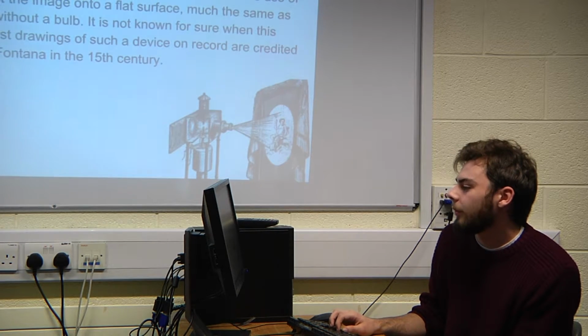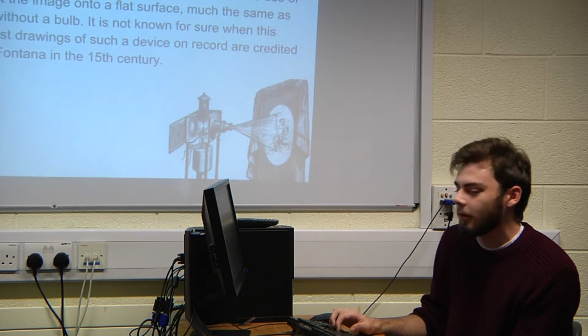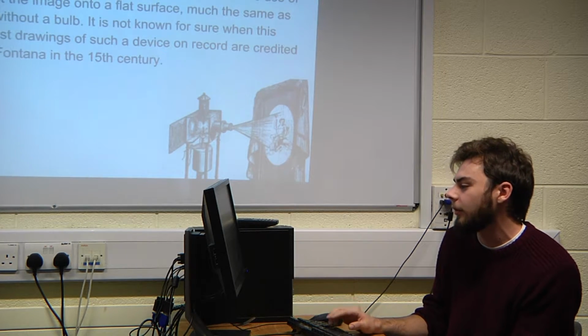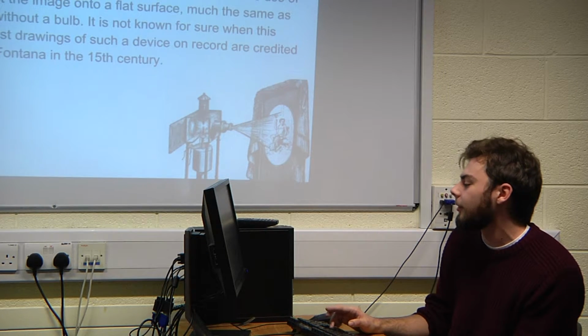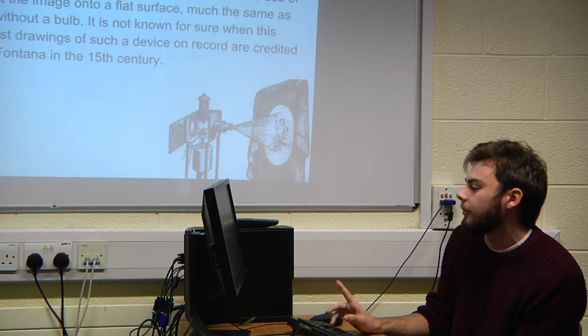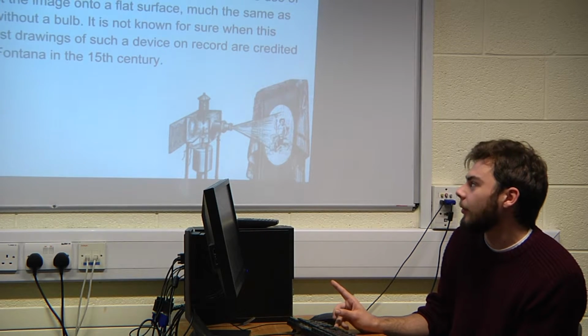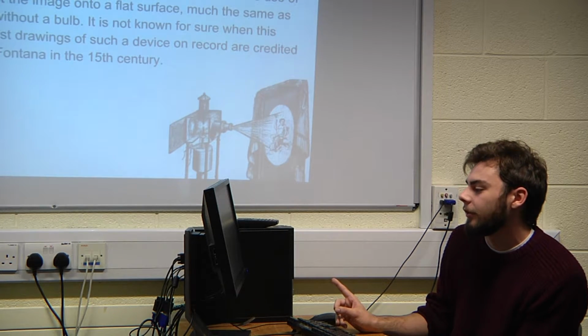The magic lantern was 15th century, an early projector before the light bulb was invented. It worked using a translucent oil painting. You can project it onto a surface with the use of an oil lamp and a lens to project the image onto a flat surface, much the same as a film painting. It wasn't known when this first came around, but the earliest person you can credit it to is Giovanni Fontana